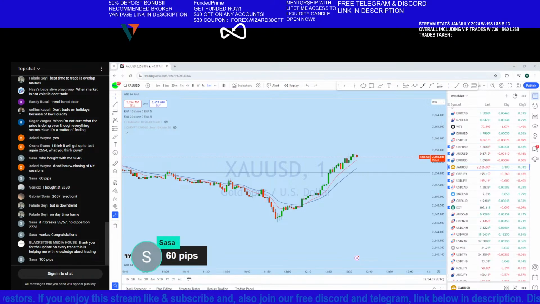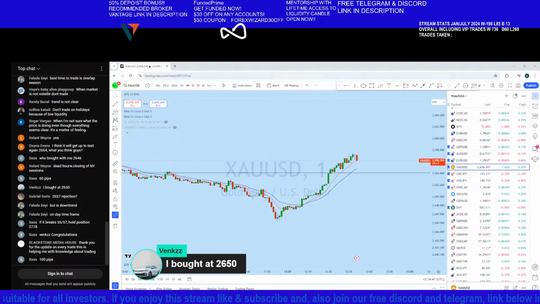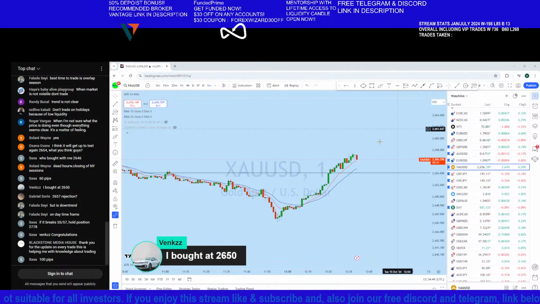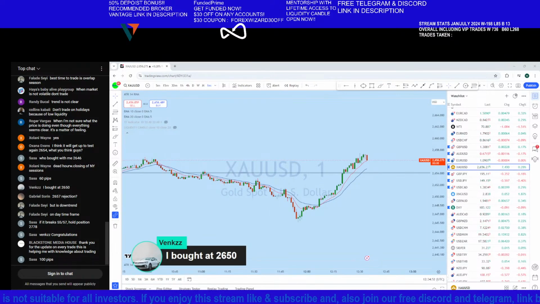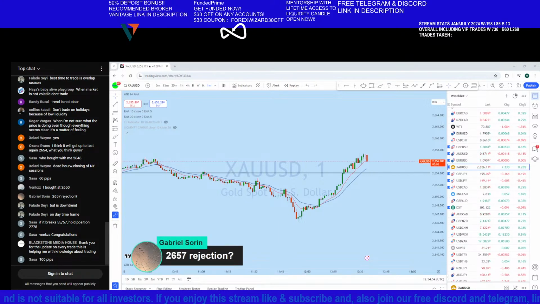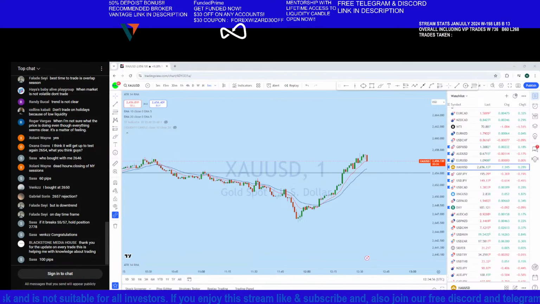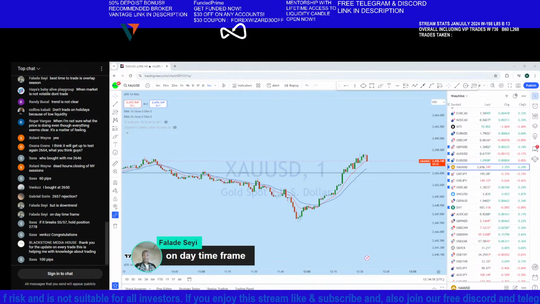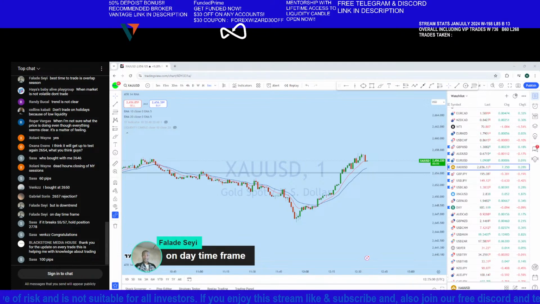Back on track. So again, about 2650. So you bought 2650. That means that you are in a good profit running. Very good. 2657. But it's a downtrend. Okay, 1 day time frame. If it breaks 55.57,